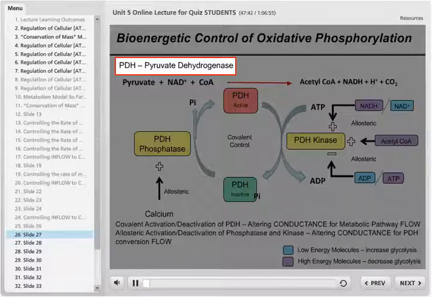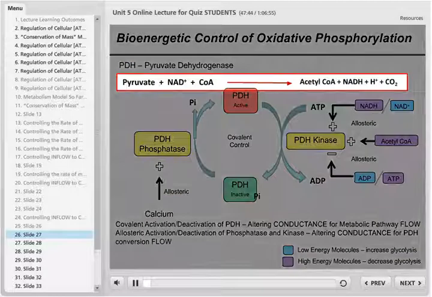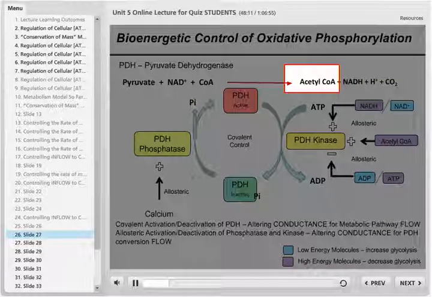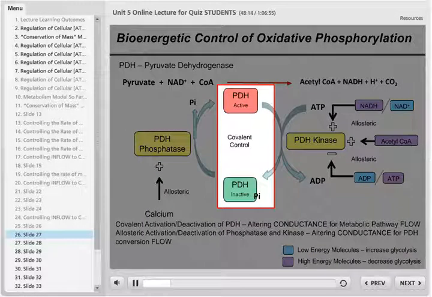So here is the reaction catalyzed by this enzyme, in which we go from pyruvate on one side and coenzyme A and NAD+, to on the other side acetyl-CoA, the substrate for the tricarboxylic acid cycle. And we have an NADH, H+, and a carbon dioxide also produced here. But primarily what we're interested in is this. So PDH is also an enzyme that